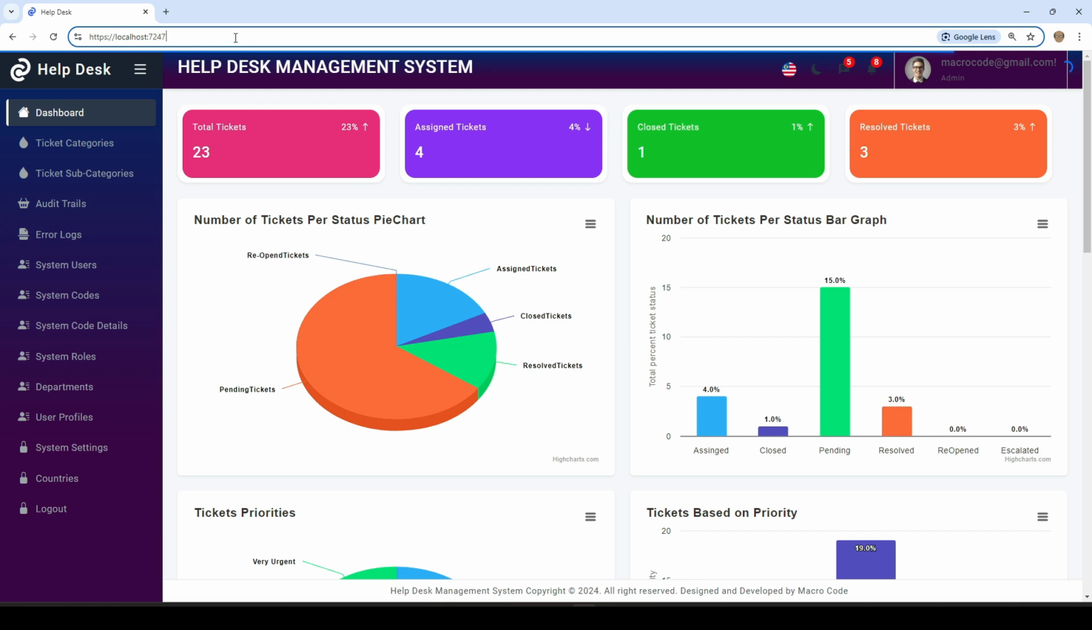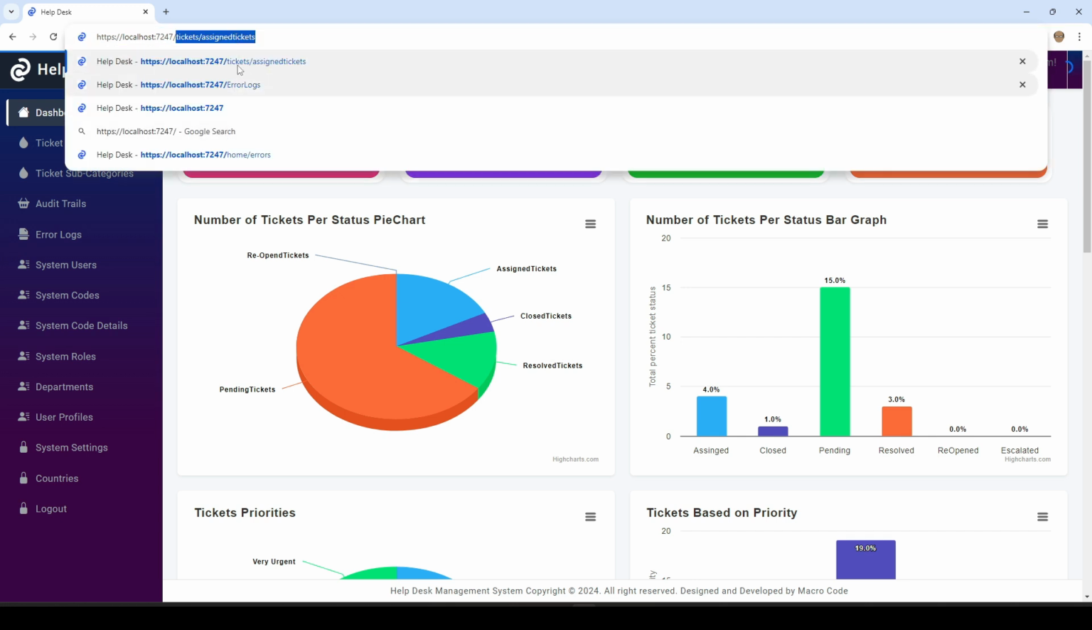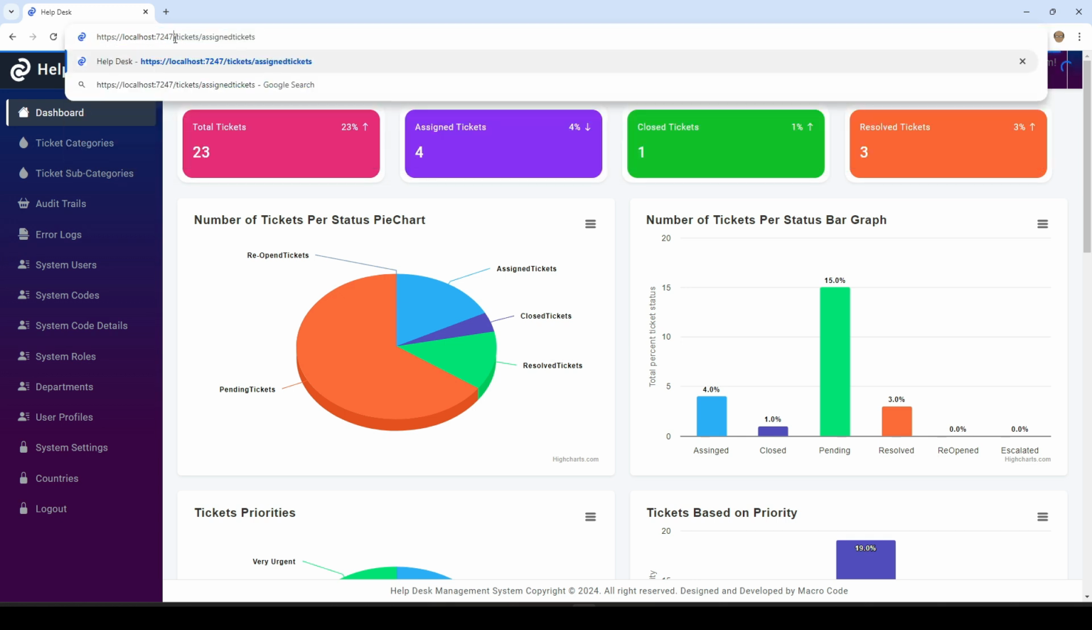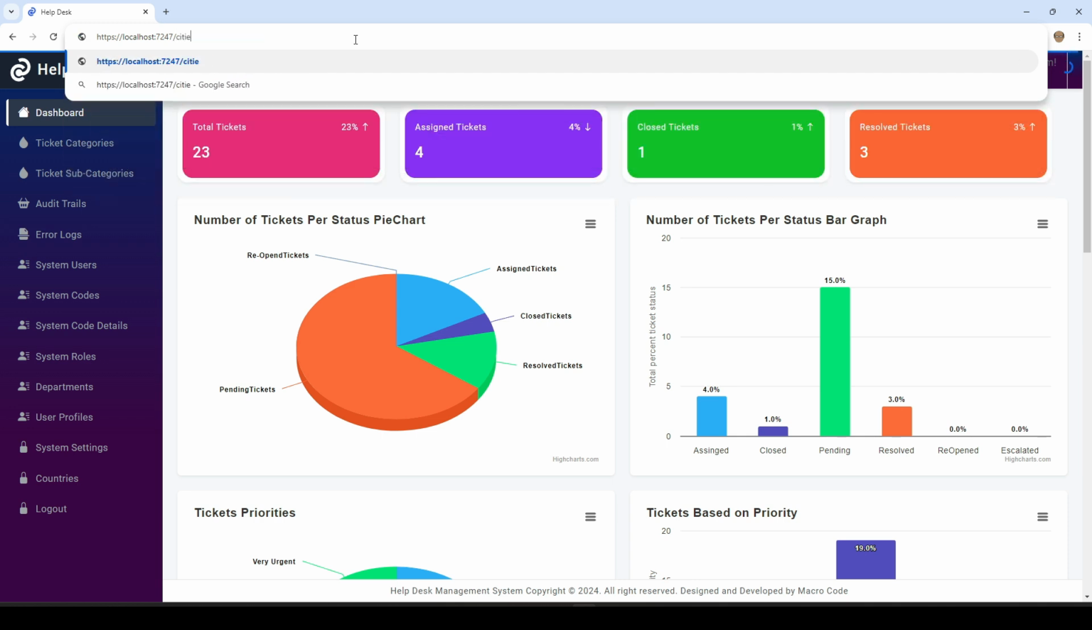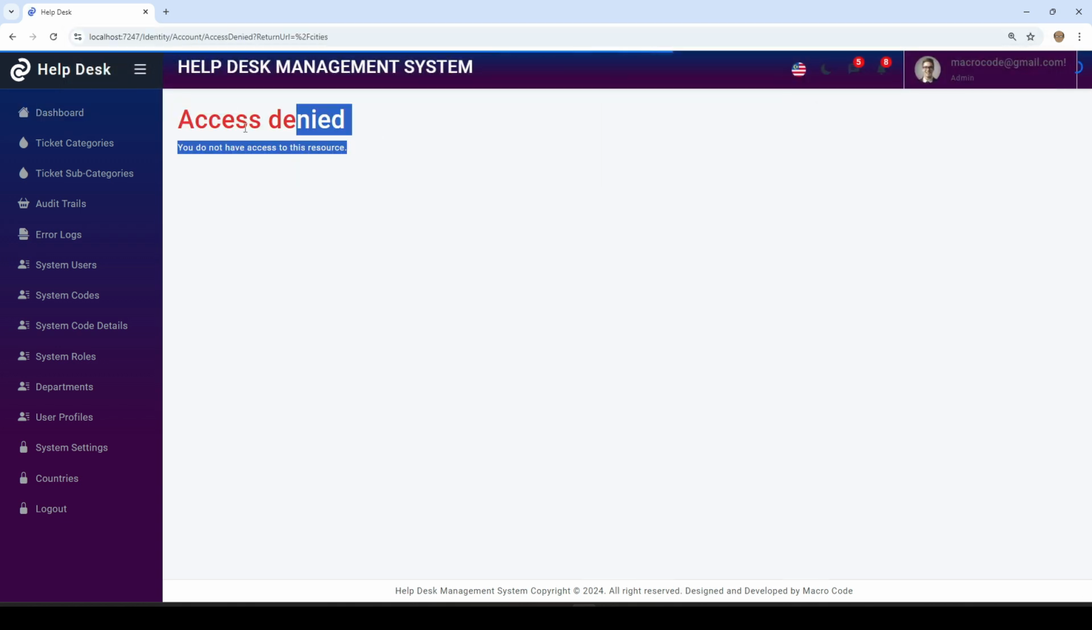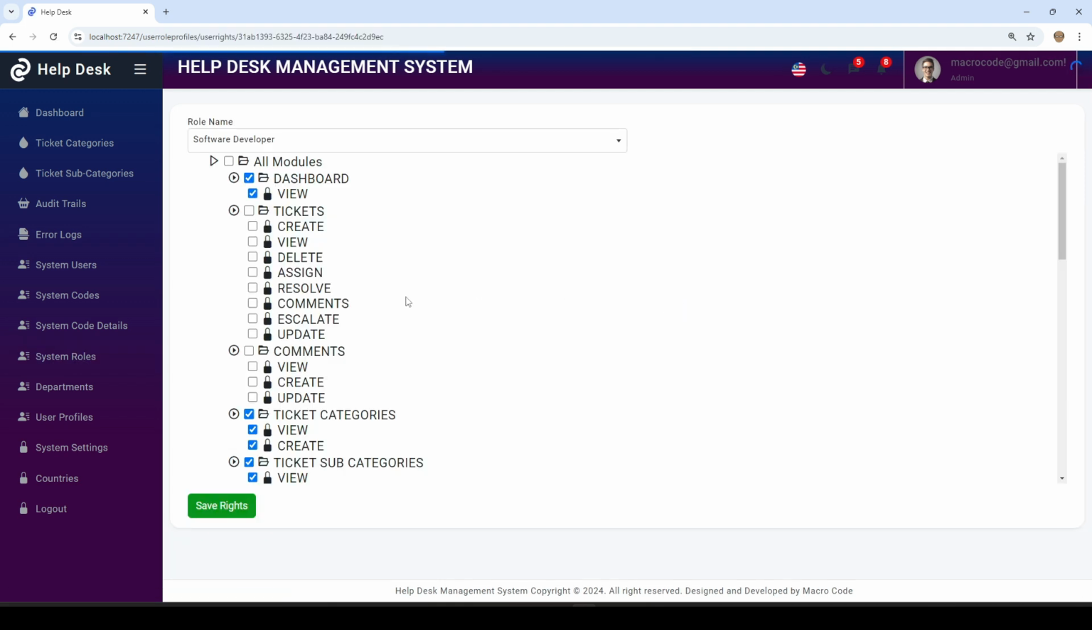But can we actually access cities here? Let's just put in the URL cities. If we click cities, you see it is being redirected to access denied. You can always find a different page that you can customize and allow the users to see. So currently we cannot access the cities, but if we go to system roles and the software developer,